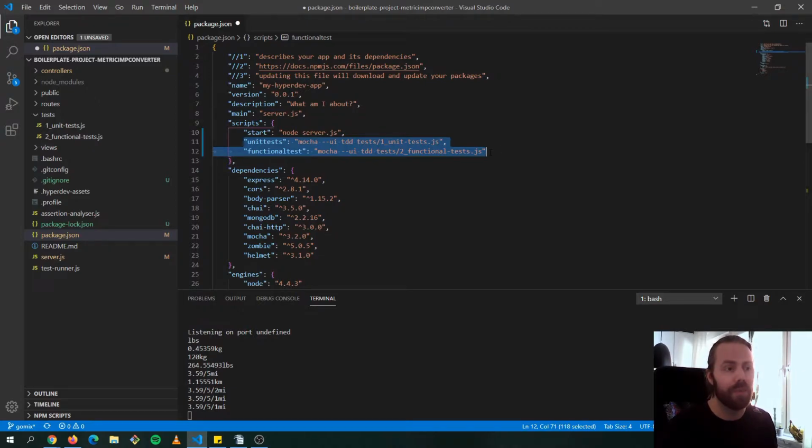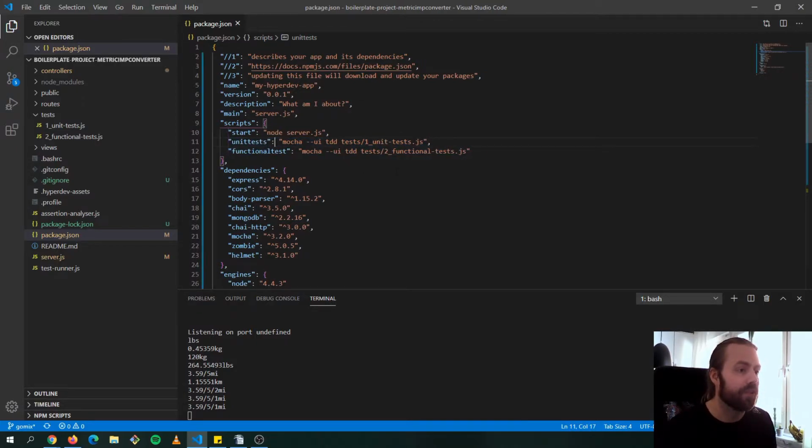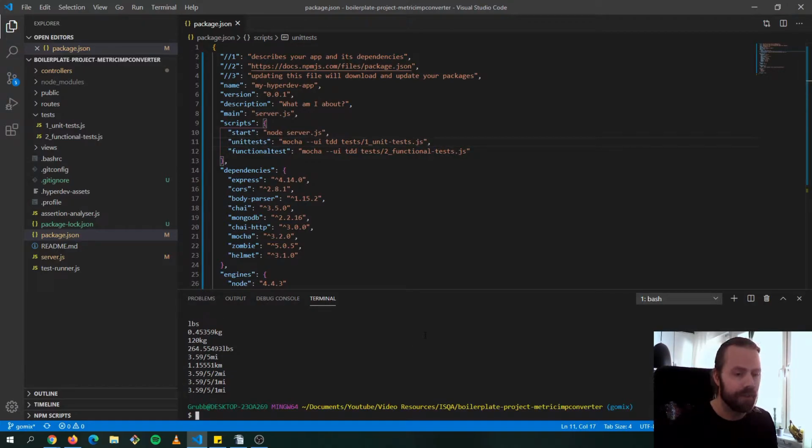these are good to have in memory, because we're going to use these in the next few projects as well. And this is enough to actually run our tests. So we could cancel this node application. Something that's good to know about both unit tests and functional tests is that they should be able to be run offline. So if you just cancel or stop your application and then go for something like npm run unit-tests,